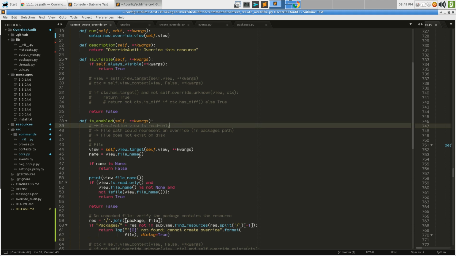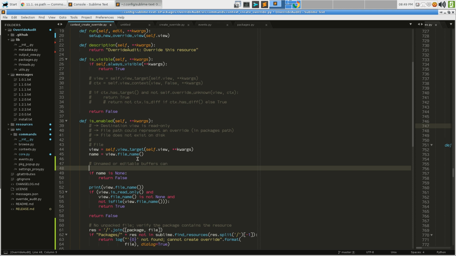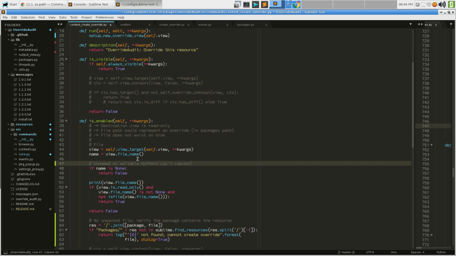So destination view is read only. Let's do this in segments, and then we'll make sure that it's working, and then we can try to combine them together. Okay. Unnamed buffers can't represent overrides. Neither can views. Oh, sorry. Unnamed or editable buffers can't represent